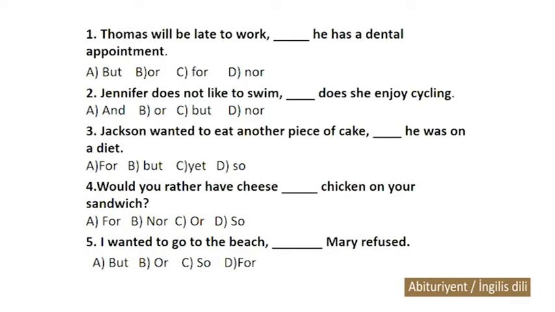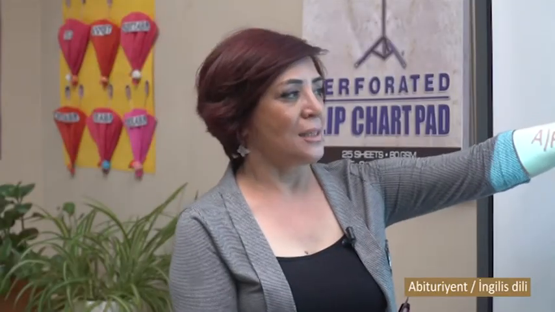Second one, Jennifer does not like to swim. Does she enjoy cycling? This is contrast. She likes one thing, she doesn't like the other thing. And which one to put here? We can't put there and because the meaning is not the same, the approach or the opinion or the attitude. There's that contrast meaning. Yes, of course, we'll use there,